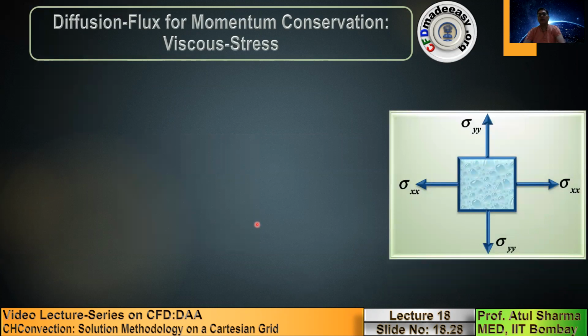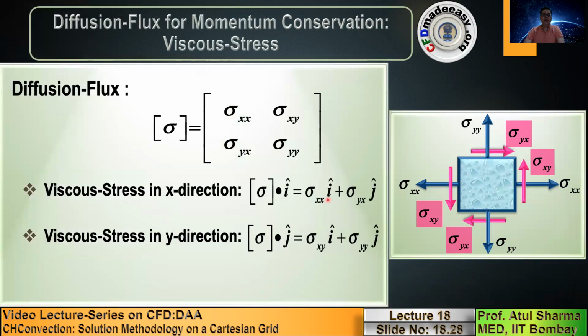Similar to momentum flux, these viscous stresses are also a second order tensor. If there are two directions associated with stress, the direction of the plane and the direction of the stress, and both are the same, they are normal stresses. If they are orthogonal, this corresponds to a shear stress. And as mentioned earlier, similar to momentum flux, these stresses are also a second order tensor.